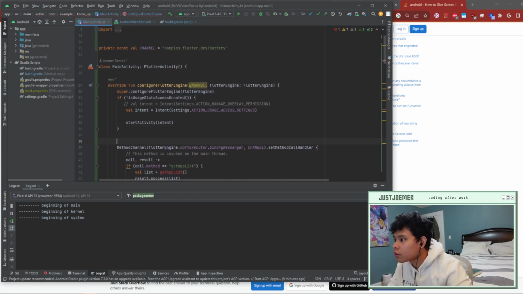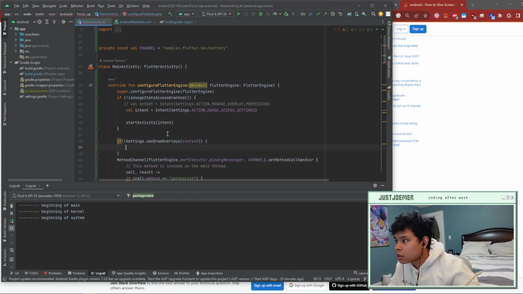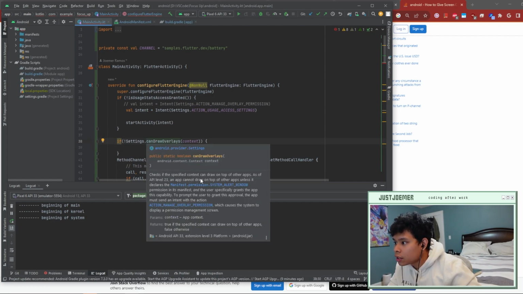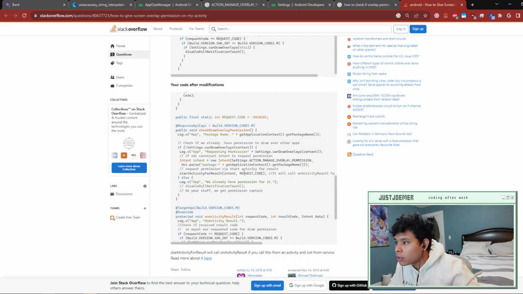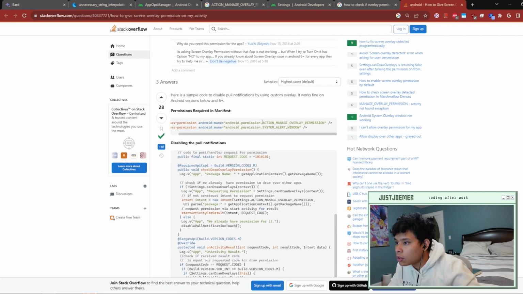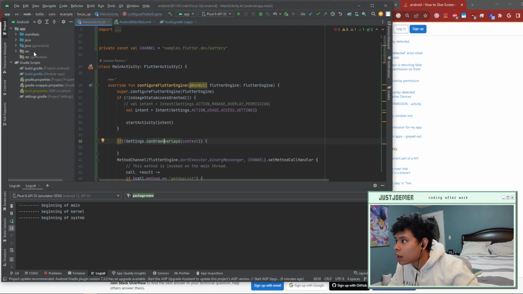If, okay. I should read into this. Oh, I could just hover over it. Check if the specified context can draw on top of other apps. An app cannot draw on top unless it is declared in system alert windows and the user specifically grants the capability. Okay, so we need a manifest as well. Okay, so system alert windows needs to also be in our